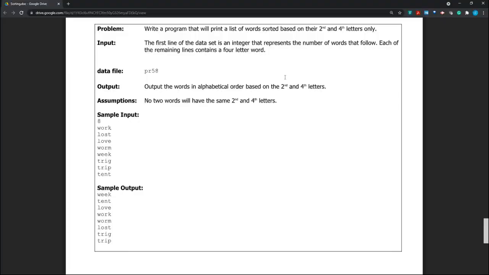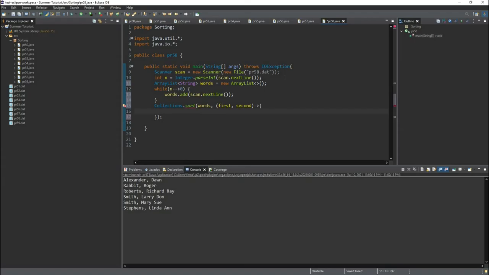So let's think about this. We need to sort it based on their second letter and then their fourth letter. So let's check the second letter first. So the second letter is at index 1, right? So let's make sure that the second letter is not equal. So let's say if first.charAt(1) is,